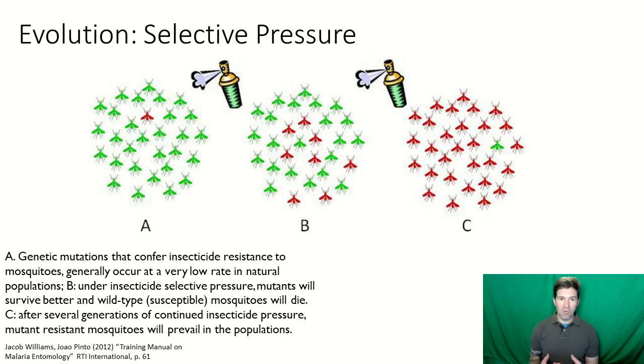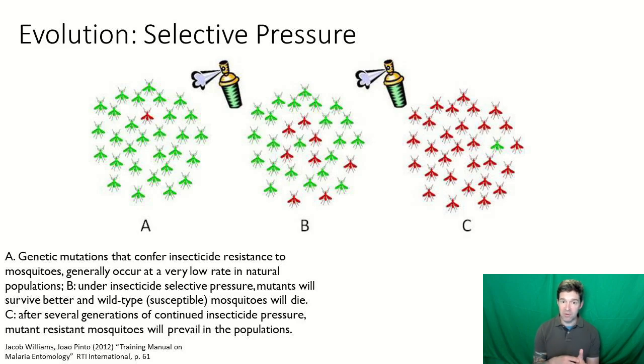So let's go over evolution real quick, just so we have some good terms in our head and we're more comfortable with it. This is an example of evolution that most intro classes use. The genetic diversity we're going to focus on here in these bugs is a mutation that arises that allows these bugs to be resistant to pesticide. So this is really to illustrate the idea of selective pressure. It's about individuals interacting with their environment that leads to evolution. And that's a change at a population level. So what we're going to see is this population change over time.